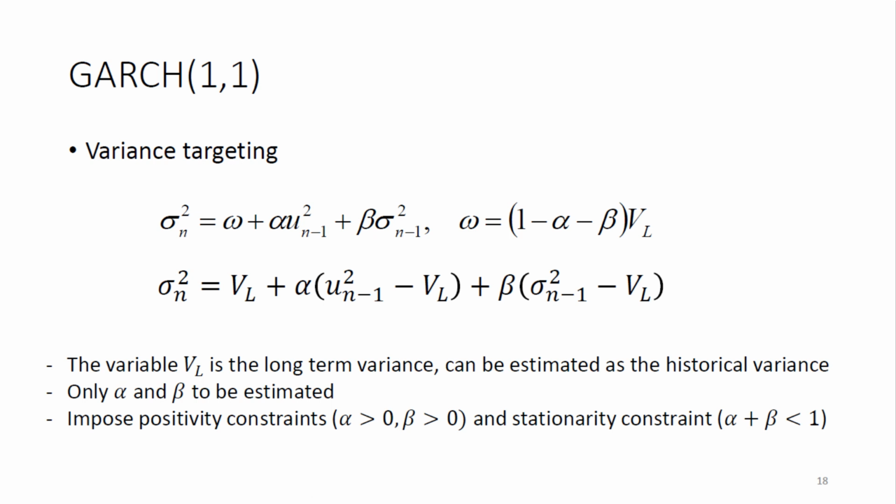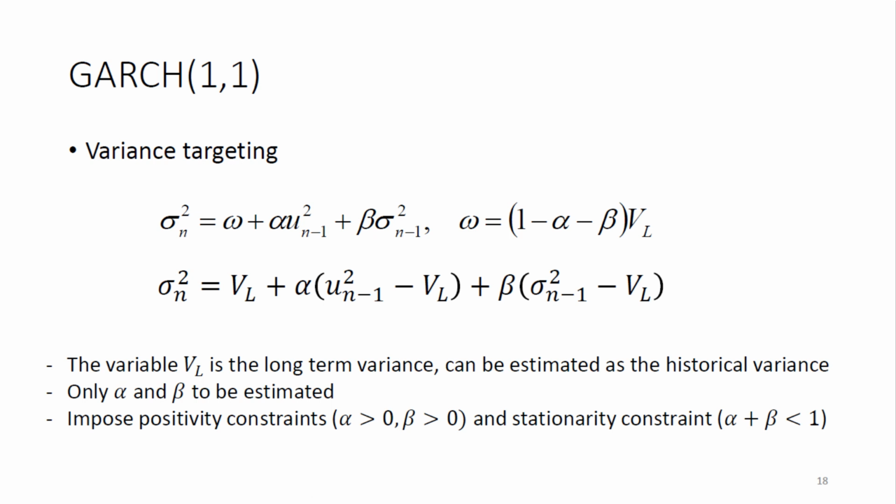If you're going to estimate them, the VL is already known, you have determined that from the historical variance, so alpha and beta remaining. So there's the updating scheme. If you're going to estimate it, you apply the maximum likelihood principle to do that. There are a couple of constraints that you need to give to the solver to make sure that this nonlinear optimization function actually is not going to values that would not fit with this model. So what you should do is you should add restrictions to